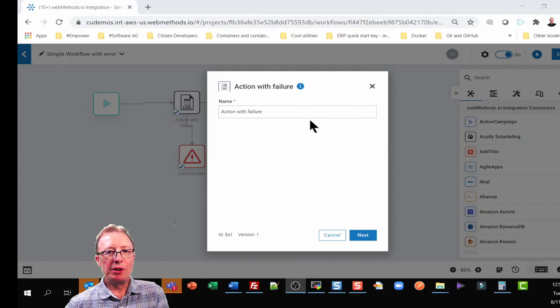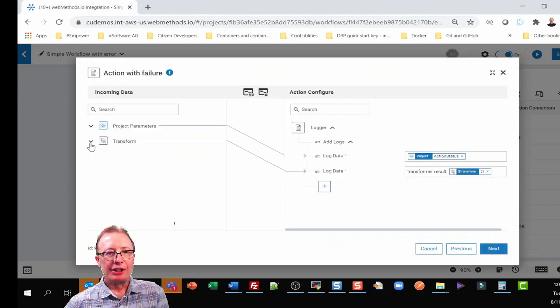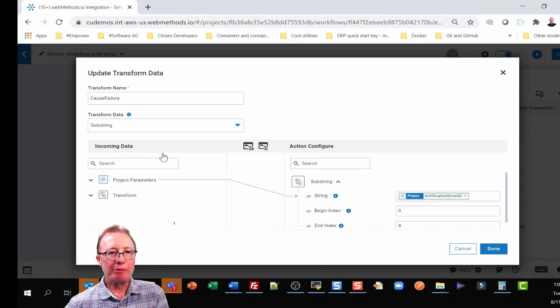So what I realized is, let's go next. I realized if I use a specific transformer, and again, if you haven't done transformers, it's in the documentation. It's just ways of transforming or mapping data from source to target and changing it. What I did was, if I edit this transformer, I use a substring built-in transformer, and I basically took